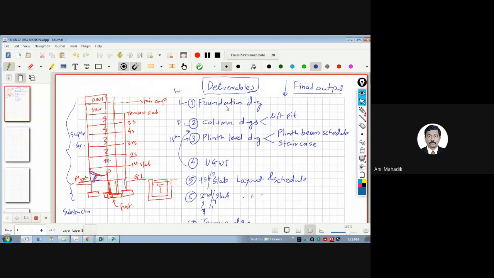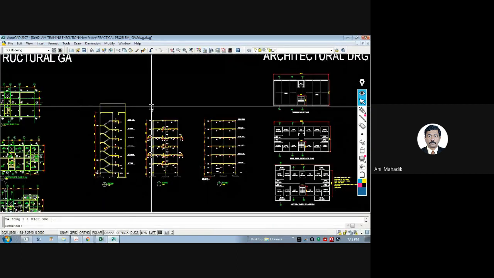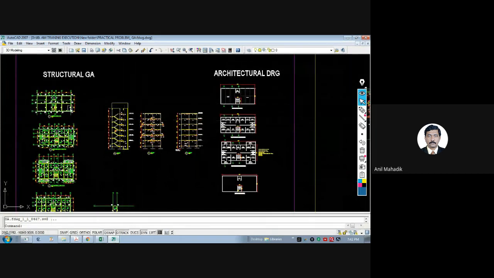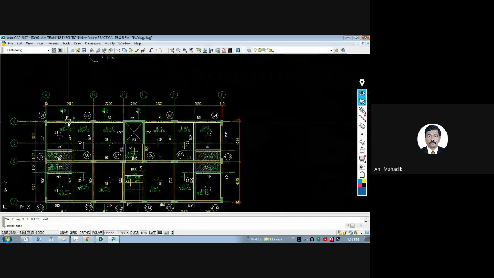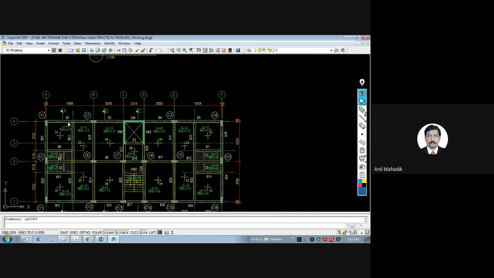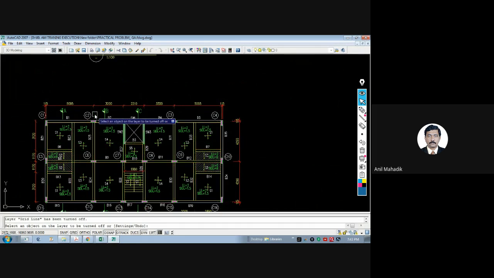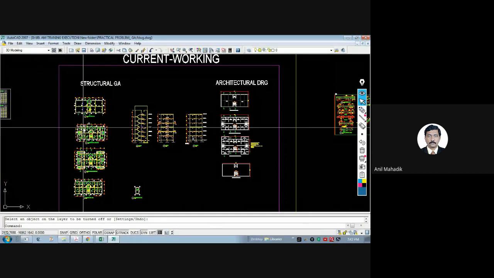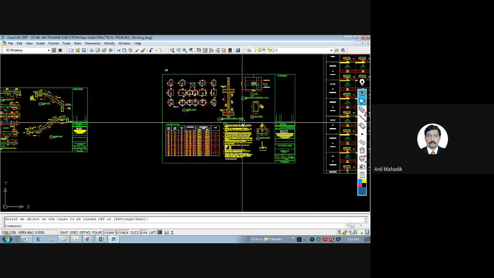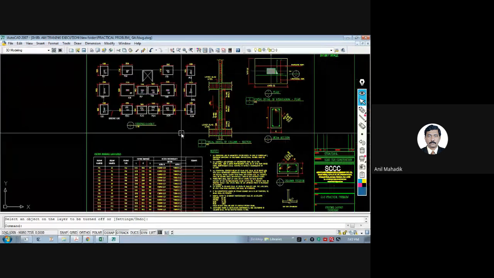So these are the types of drawings. Today we will discuss the foundation drawing. What have we done so far? We have done the model. Rather, we have prepared the structural GA drawings, where we have decided the column positions and slab positions. Finally we prepared the model. Then we have designed the footing in Excel or RCDC, whatever you want. So if you do the design in RCDC,